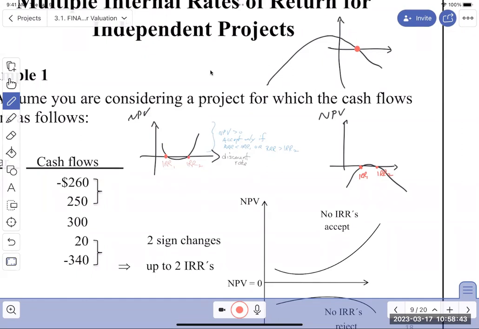It's a very small range, but when is it positive? Yeah, it's positive in the region marked number one, because it's a very small range. So we just say, only if the required rate of return is between